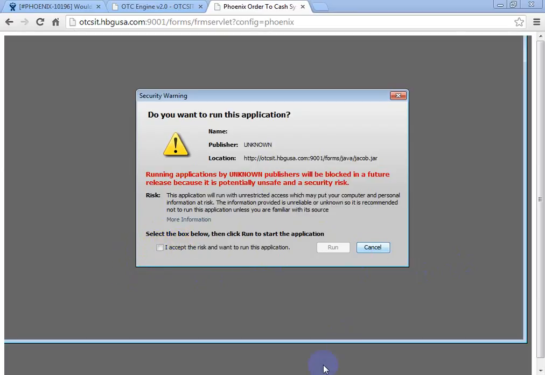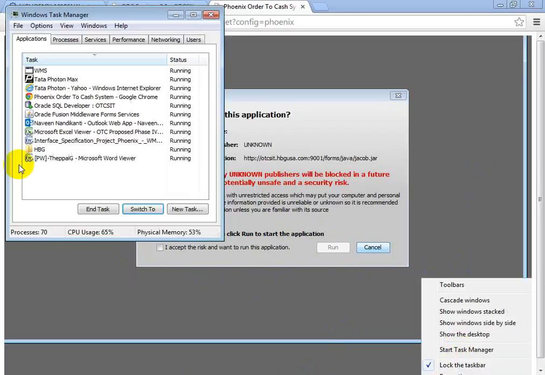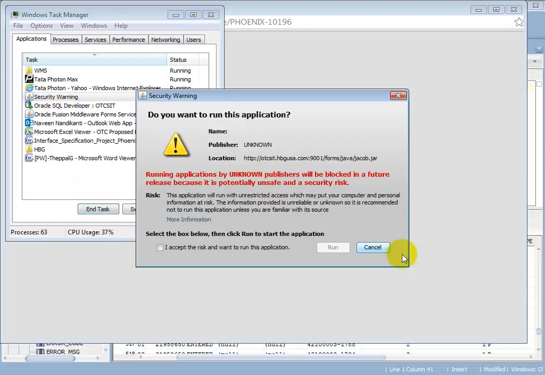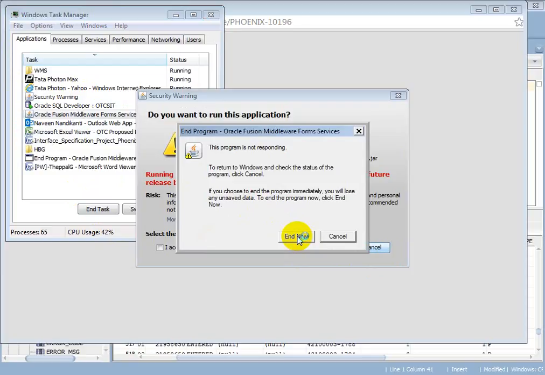Close and open thing. Start task manager. Start Open in IEX. Again click it.